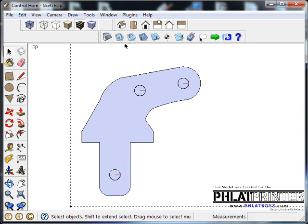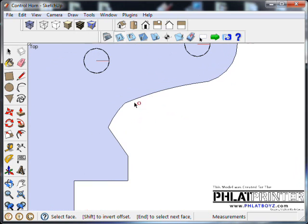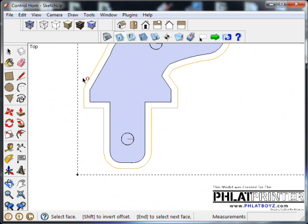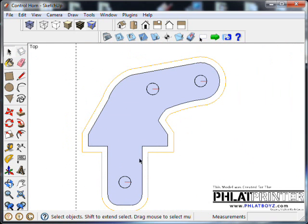So our next one that we want to do is called the outside cut tool. This is the outside cut tool. You can see here it shows you, as you hover over the face of the control horn, exactly how far it's going to offset that. And of course we're using a 16th inch bit, so in order to cut along this line, it needs to cut out here where you see the red line, because it'd be half of the bit's width. So we'll click that, and once you do that, the line turns orange, and you can see that it even creates a new face in here. And that's our new